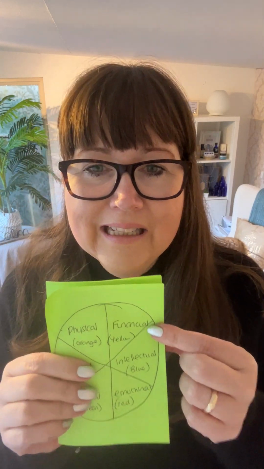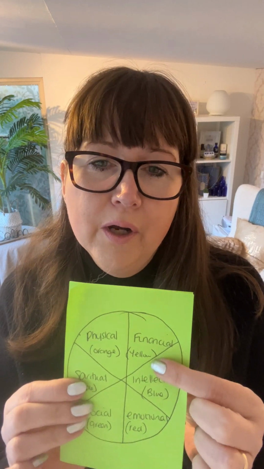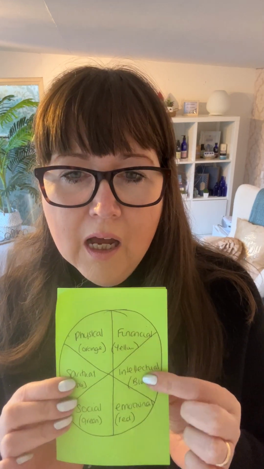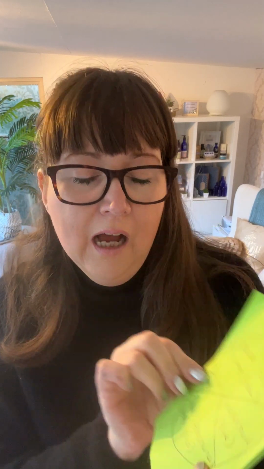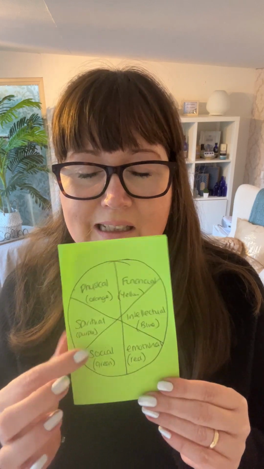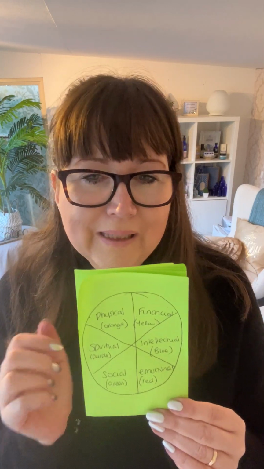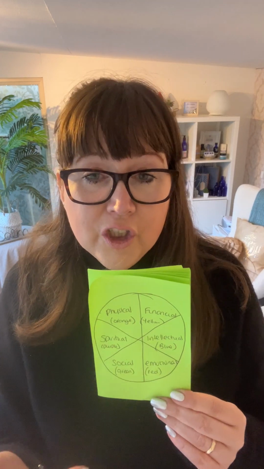The second one we had is financial, and again, if you wanted to colour this segment in as we go through, then yellow would be good. Then we had intellectual, which is blue. Then we had emotional, which is red, so we had that segment down there. Then we had social, which is green down there. Spiritual, which is purple just there, and then back up to physical. So that is what the Wheel of Life looked like from what we were talking about last week. They are the colours, if you want to partake in this exercise and you want to colour in your segments, they're the colours you can use.